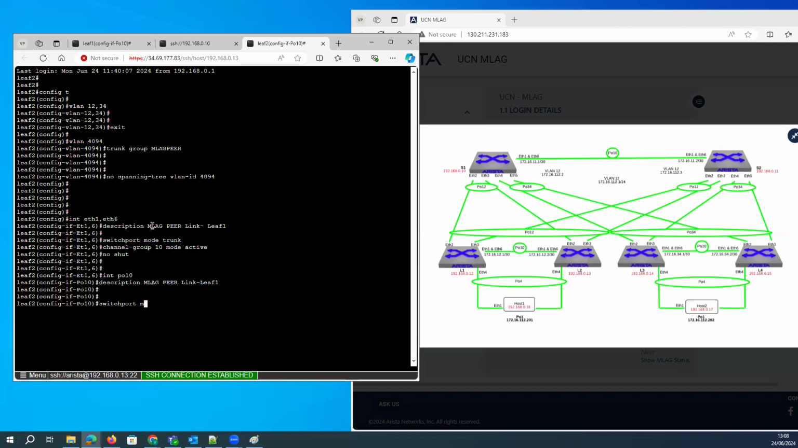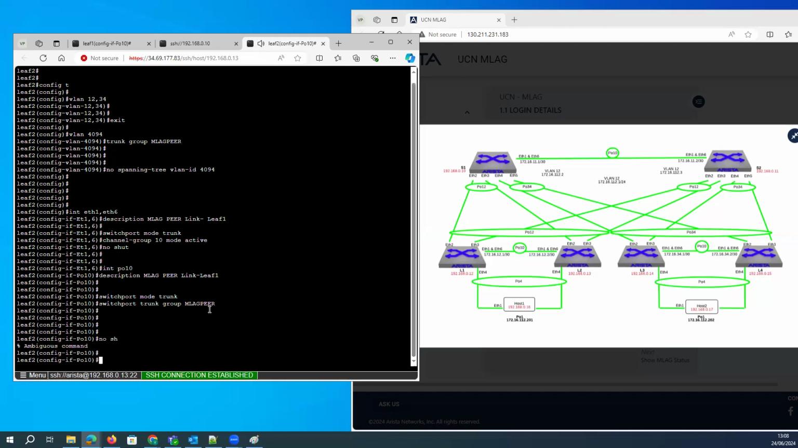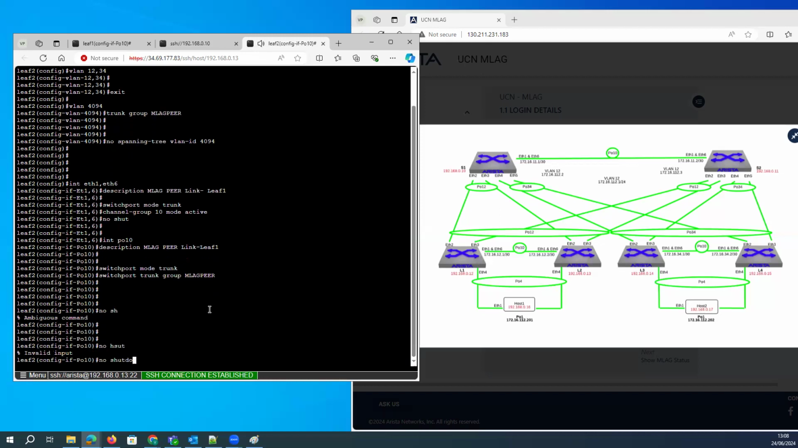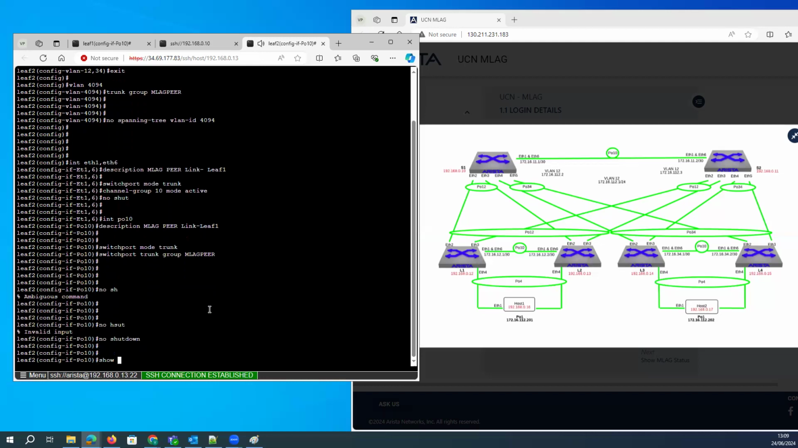Switchport mode trunk. Then I'm going to allow on this trunk port one VLAN, which is your MLAG peer. I will call this particular group under my trunk port. Once it is done, then I will say no shutdown. Then I should have the interface running without any issue. So if I go exit,